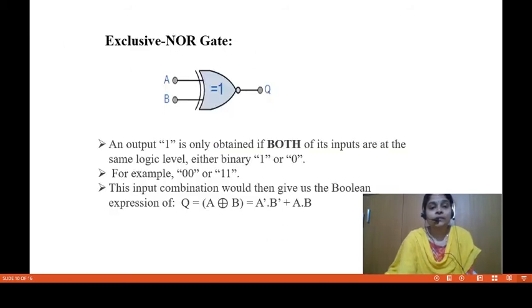XNOR gate. This is the logic symbol for the XNOR gate, and it is the opposite of the XOR gate. When both the inputs are the same, the output will be high. Suppose it is a 2-input gate: when both inputs are the same, that is A is equal to 0 and B is equal to 0, or A is equal to 1 and B is equal to 1, the output will be 1. In the remaining cases the output will be 0. The expression for XNOR is A bar B bar plus AB,